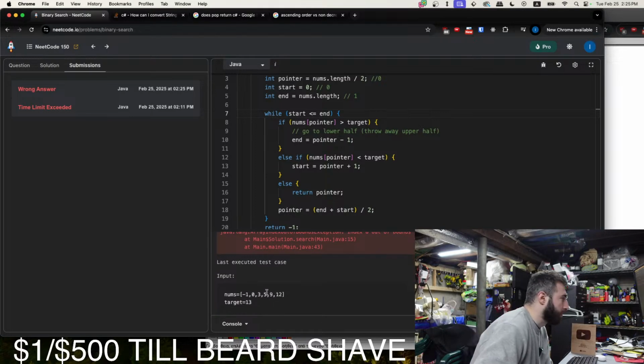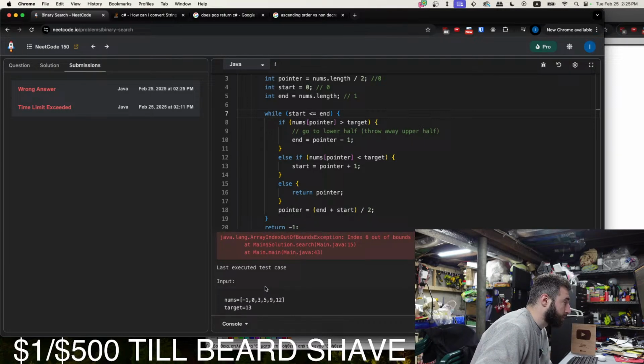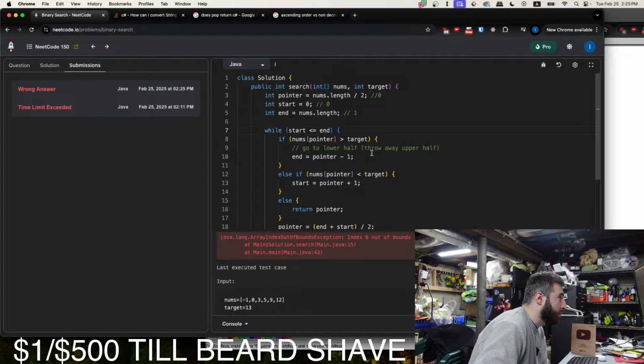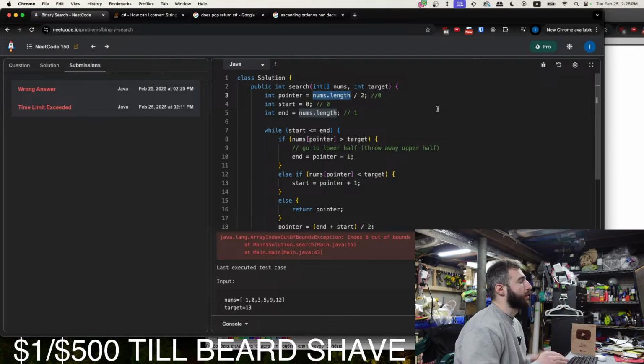Interesting. So pointer is 1, 2, 3, 4. That was the initial pointer. This is probably incorrect as well.